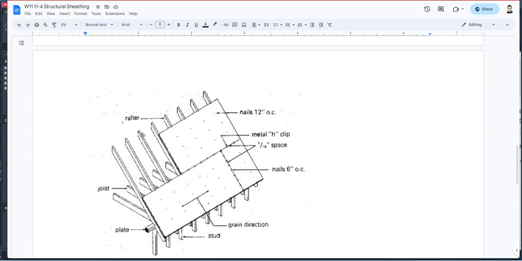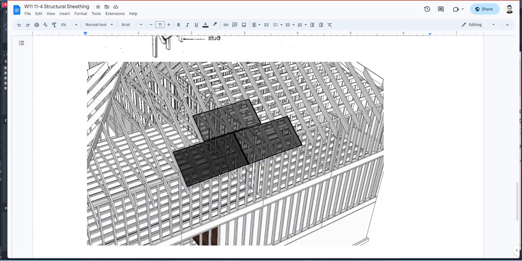Whenever a roof is sloping, a steep slope, you will have to install H clips. These H clips are used to hold the plywood in place, provide a more stable way of installing them, and also provide a holding mechanism for the plywood to stay in place. You can see here on a three-dimensional construction of wood framing, this darkened area indicates the direction of the